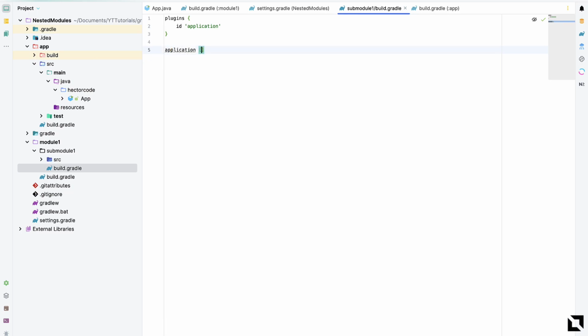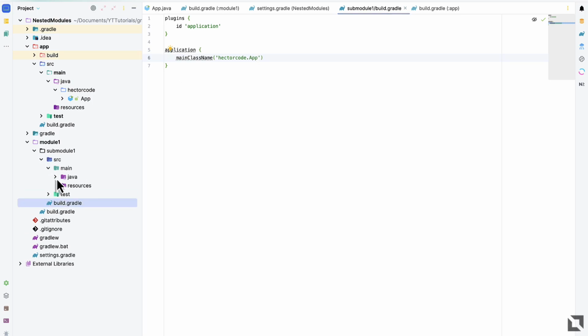Oops. And specify the main class name. And the main class name would be header.app. So in Gradle,